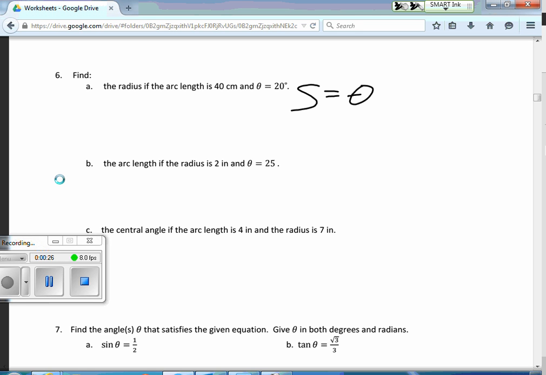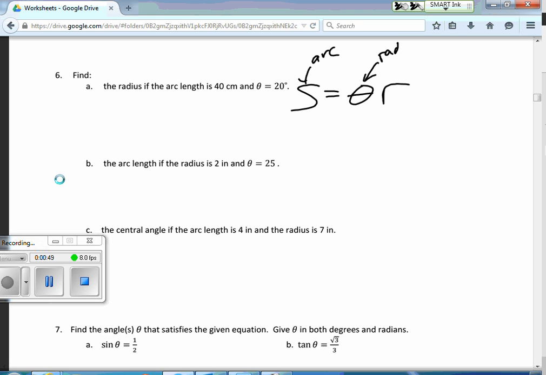S equals theta r, and the only tricks are the arc length is S. If you're making a list for yourself of stuff to study at the last minute, what I would do is put them at the bottom of the page. That way you can flip through your packet later and go, oh yeah, that formula, I should memorize that formula. Where S is the arc, this is the